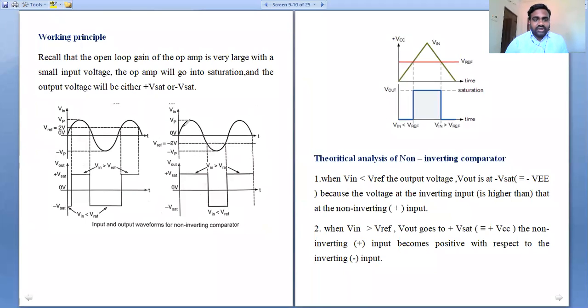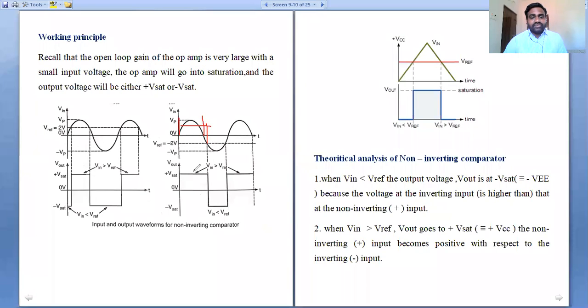Okay, so at this first condition of positive peak, the input voltage is greater than the reference voltage. The reference voltage is minus 2 volts and the input peak is positive. That's why the input voltage is greater than the reference voltage, and up to this condition, we have a behavior of